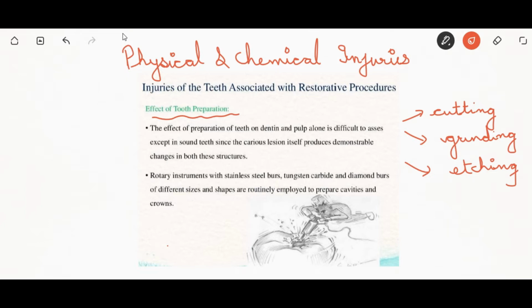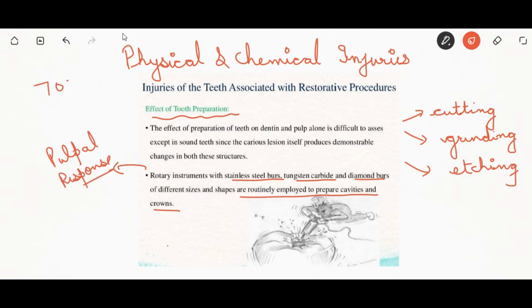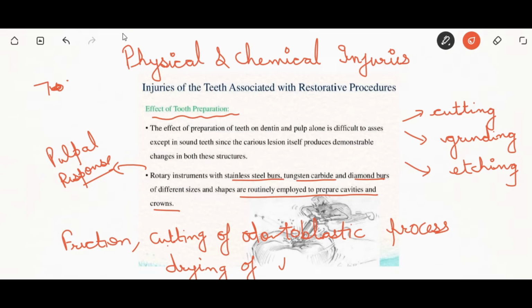So what are the effect of the tooth preparation? The tooth preparation is usually done with the rotary instruments like tungsten carbide burr and diamond burrs. Lasers and air abrasive are used alternatively. The pulpal response to these procedures depends upon the heat generation by the friction, the cutting of odontoblastic processes and drying of the dentinal tubules. So what is the effect of heat? The reaction of heat to the dental pulp is important,